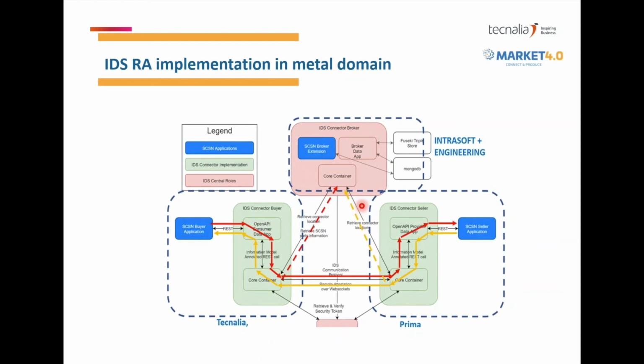All this architecture has been already implemented. Connectors are ready and working. Central modules are ready. The broker and the identity provider are ready and working. And we are in the final steps of the implementation of the clearinghouse. So I think this will take maybe along the month of May, this will be finally settled. So the architecture is ready to be tested with